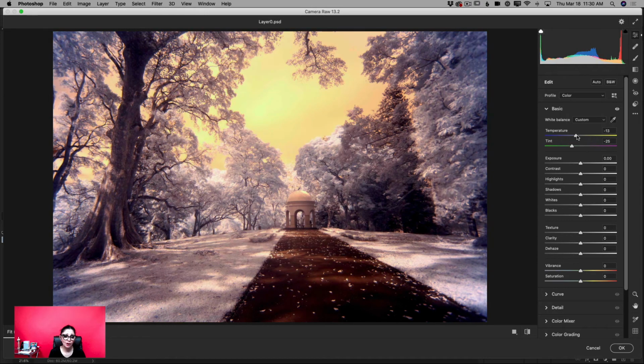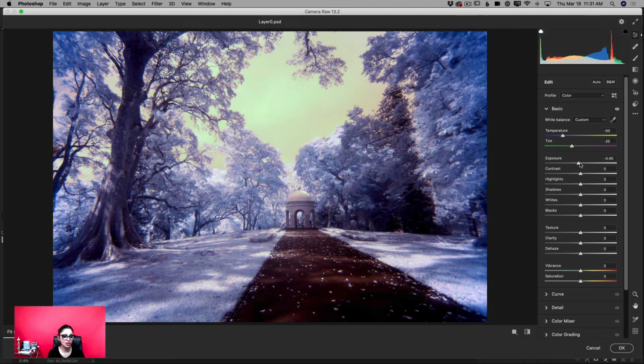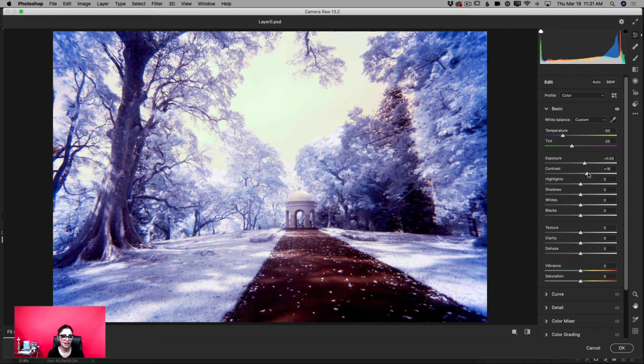Now I can continue adjusting my image. If I would like to add more temperature, I can move temperature slider to the right to add more warmness to my image. If I would like to make my image cooler, I will move my temperature slider to the left, just like that. Look at this. Maybe I love it more. I can adjust exposure, of course, contrast, and everything like that. But what I would like to bring your attention to